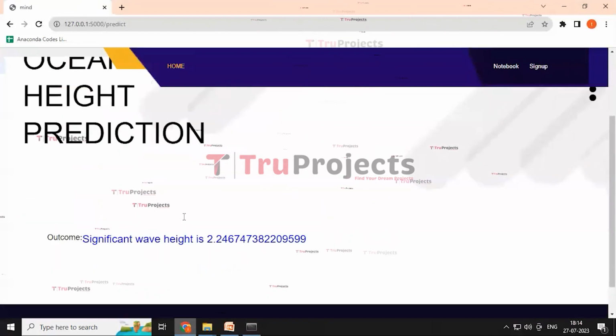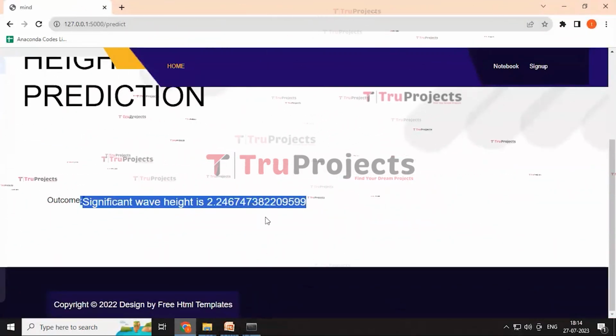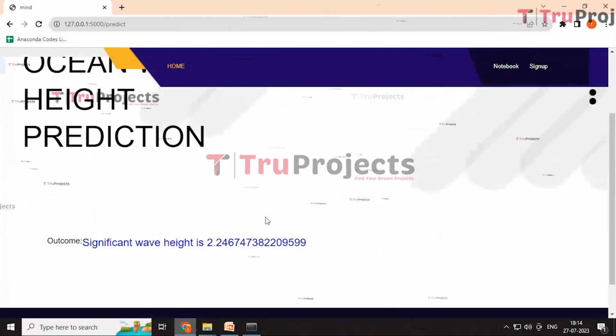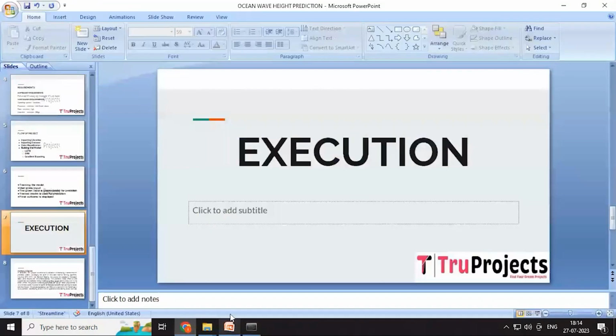Here it redirects to the result page and it gives the significant wave height of 2.246, and this way we can predict the ocean wave height by using different machine learning algorithms.